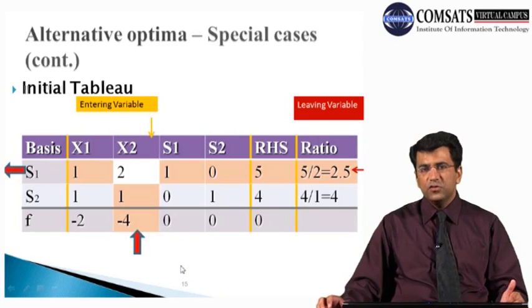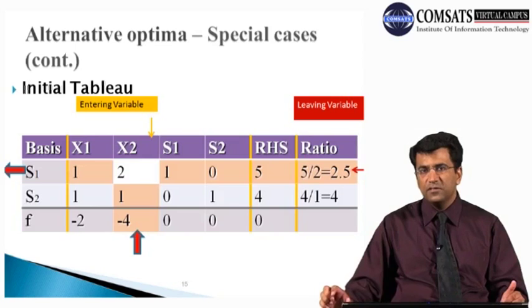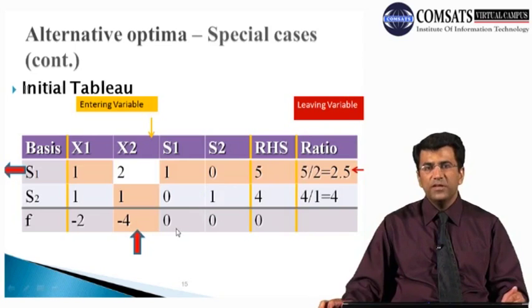So after that initial solution, we will have to put the values of coefficients in our initial tableau. Again, in this particular table, the first equation is x1 plus 2x2 plus s1 is equal to 5. There is no s2 in this first equation, so we will put s2 is equal to 0. Similarly, we will put the coefficients of the second equation as well as the relevant coefficients of our objective function after converting that objective function into homogeneous form. Again, this is very important, and after putting all of these values, we'll have to check the optimality condition.